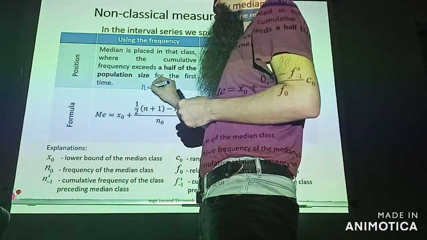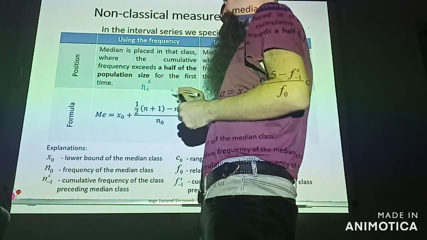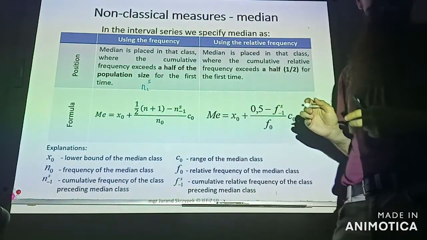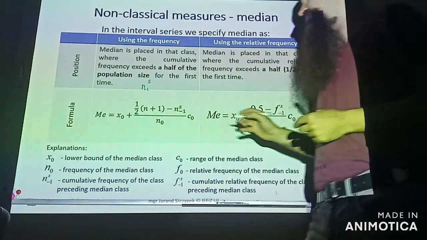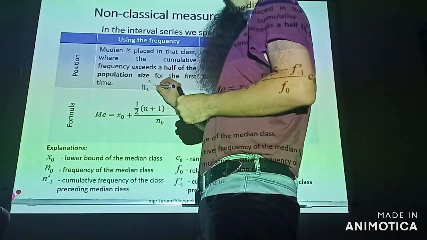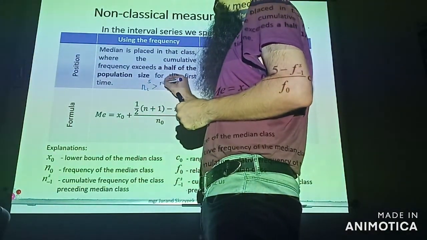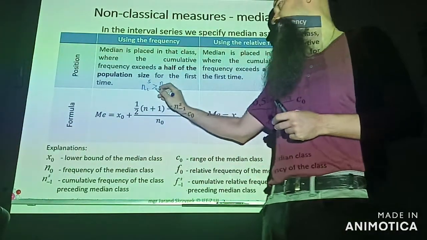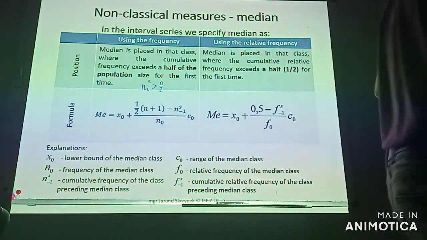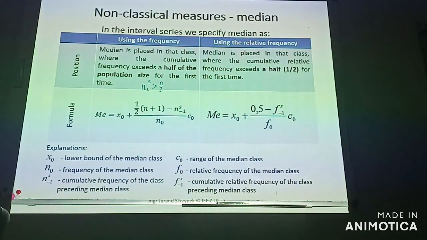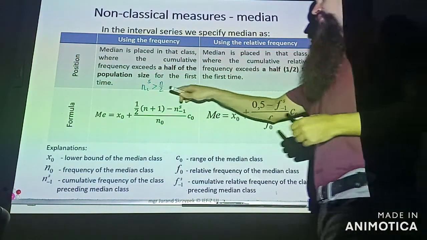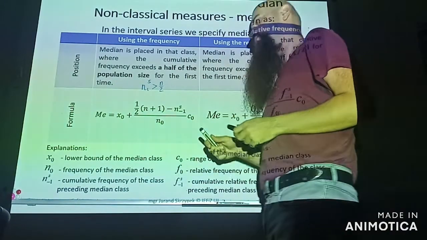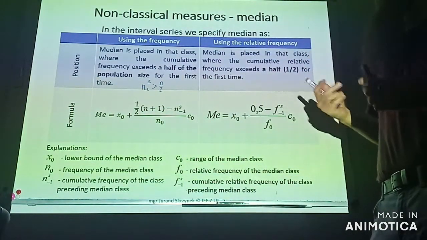So we are looking for this cumulative frequency, which exceeds the half of the population for the first time. Exceeds means to be greater than n divided by 2. And after that,